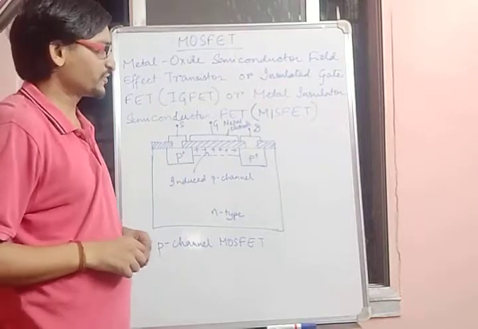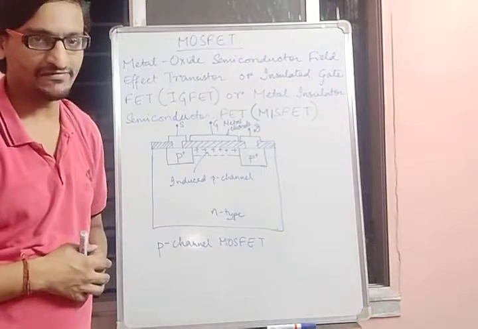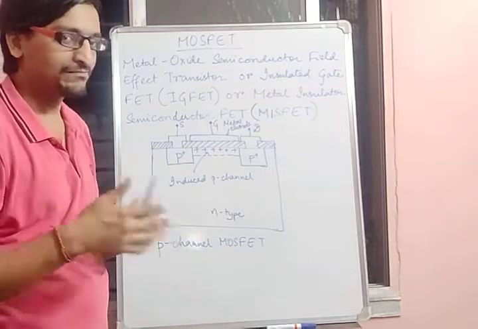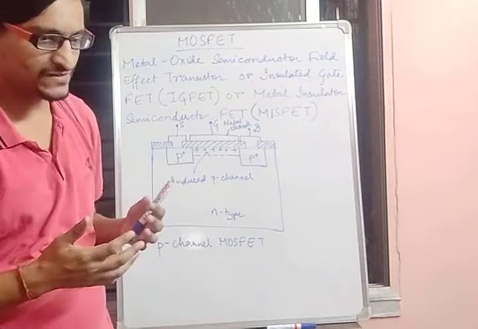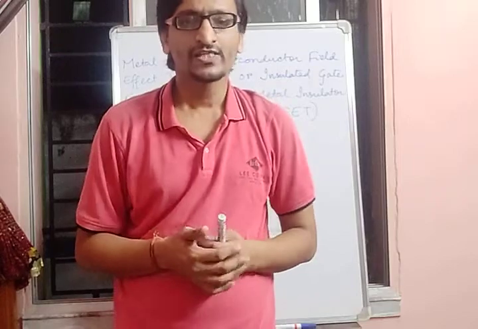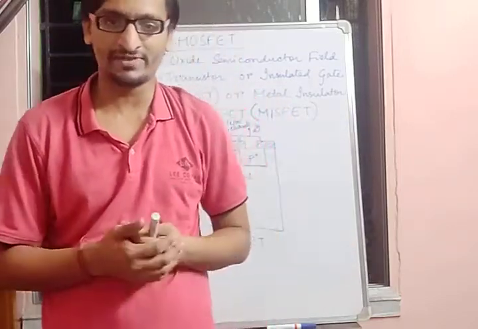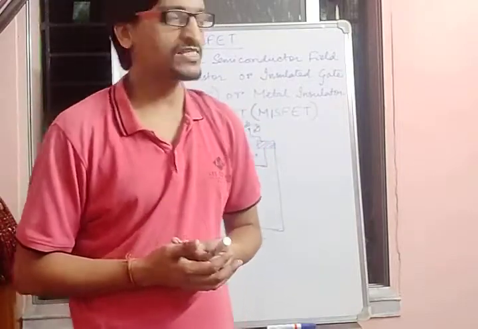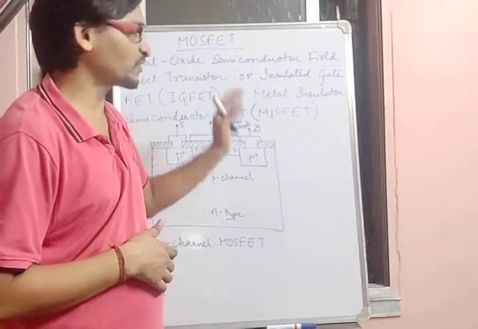Hello everyone. So in the previous class we had a discussion on field effect transistor, and we compared field effect transistor with that of BJT. And in that class we had told you that there are basically two types of FET which we will be considering in this class. First one was your JFET or junction field effect transistor, which we have already covered in the previous class. The second one is MOSFET. So in this class we will be concentrating on this MOSFET part.